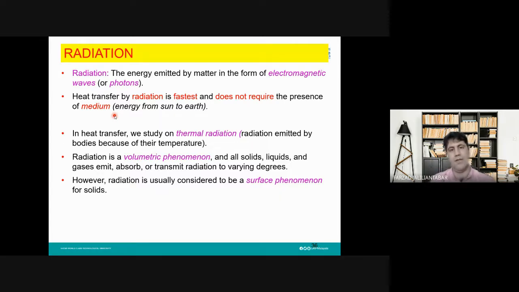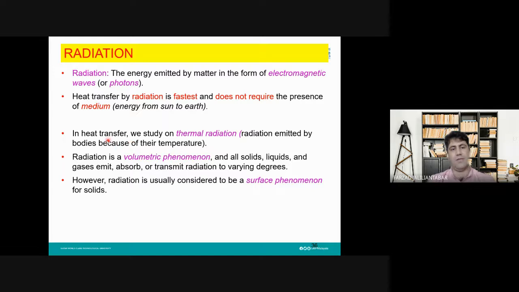Between sun and Earth, there isn't any medium or any substance, but still the radiation energy or thermal energy by radiation is transferred from the sun to the Earth's surface. So this is a good example to show radiation doesn't need any medium. And